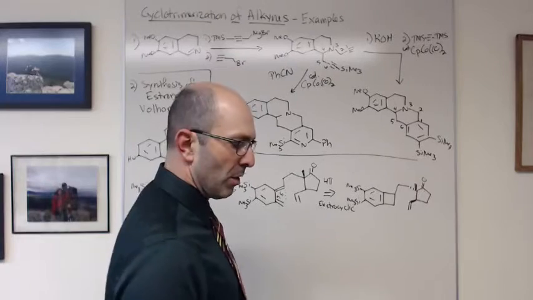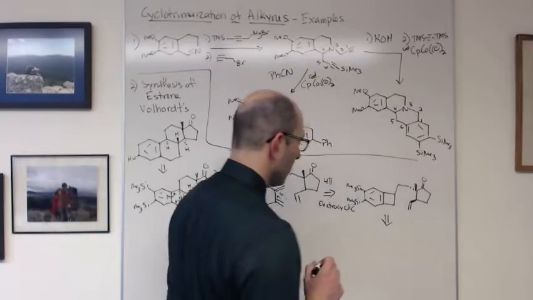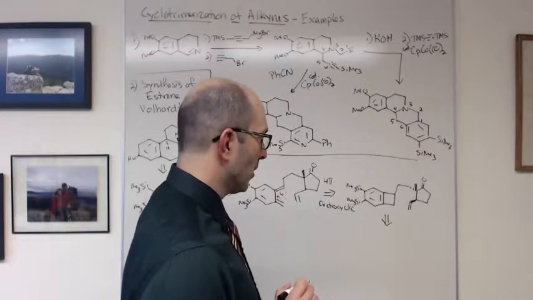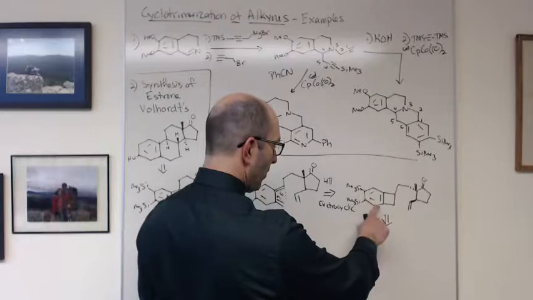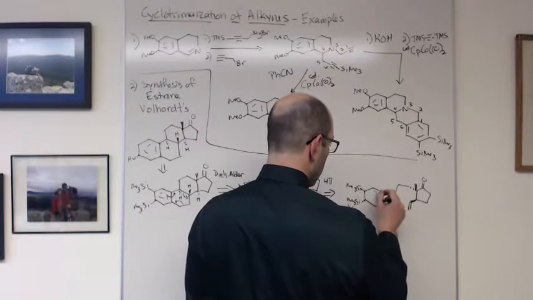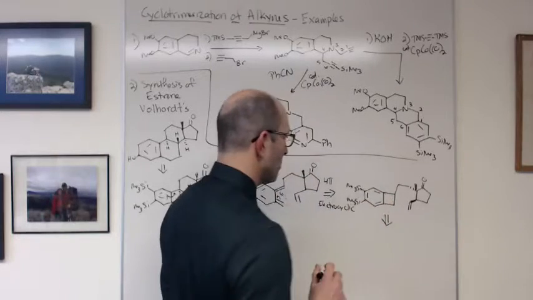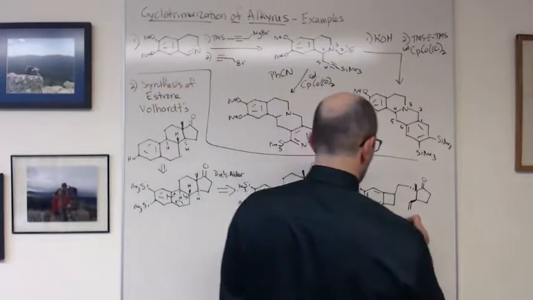So if we imagine what this comes from, actually let me cheat and I'll just erase, and we think about that resonance structure. Because if we do the retro cyclotrimerization,